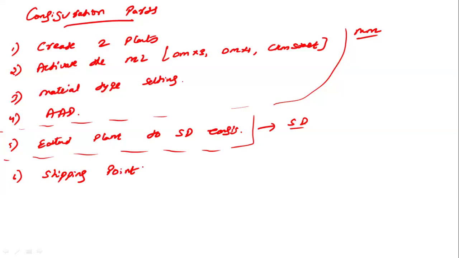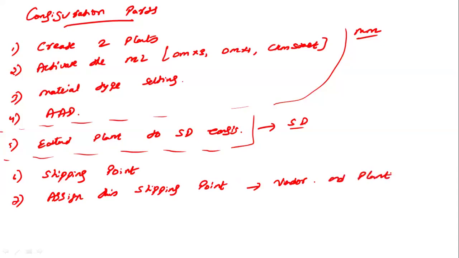You need to create the shipping point and assign the shipping point to the vendor and also plant. Okay, first create a shipping point, assign the shipping point to the vendor and plant,